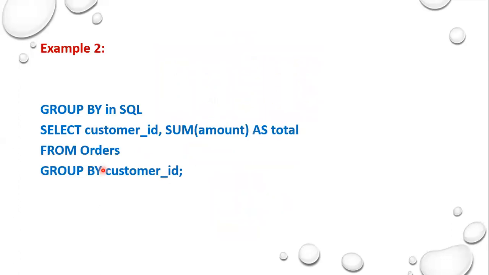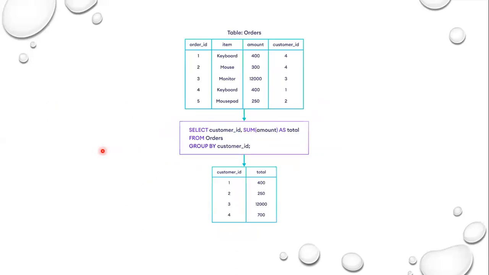We can give a GROUP BY like this: SELECT customer ID, SUM(amount) AS total FROM orders GROUP BY customer ID. Let's assume there is a table called orders, where you have the information of order ID, item, amount, and customer ID. Order ID 1, item name is keyboard, amount is 400 and customer is 4. So when you give the query SELECT customer ID, SUM(amount) AS total FROM orders GROUP BY customer ID,